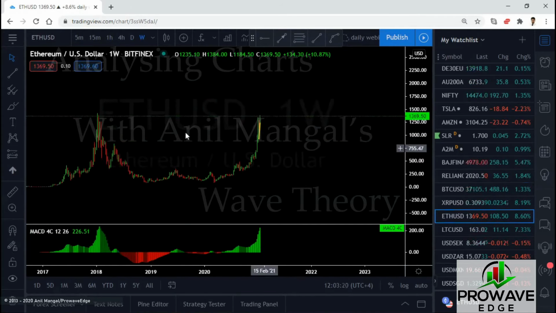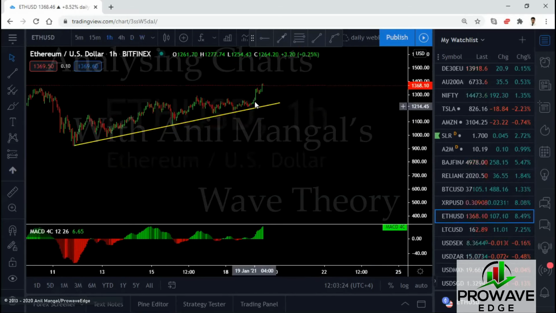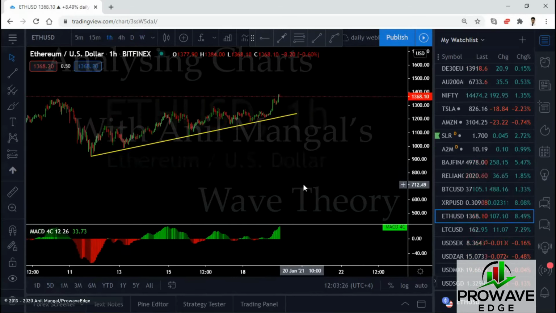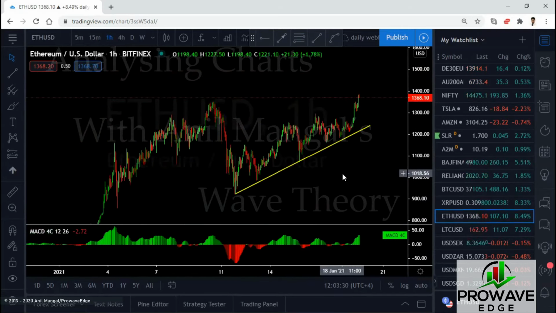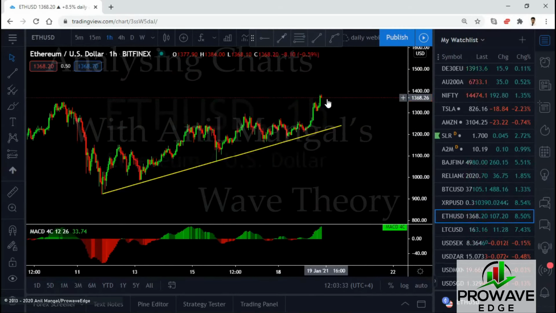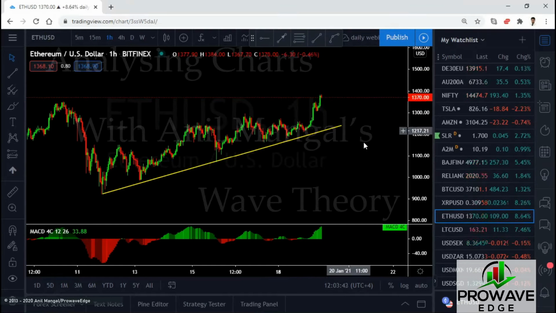If you buy, just put it to break even and wait. Right? If you want to buy in this one, but if they drop and they start to go back up, the buy will be better. If the bigger running flat plays out, that would be better. Right? But if you buy here, put the break even. I wouldn't buy here now. I'll wait for it to pull back. I'll wait for this to come back here, and then look for a buy, if I was trading this. Right? So it doesn't make sense.